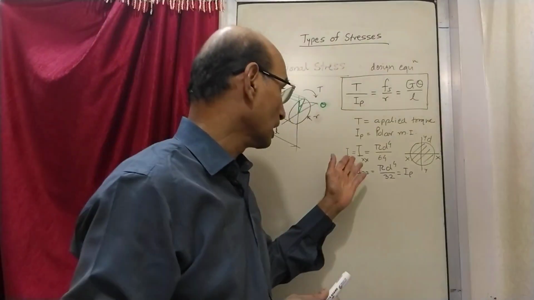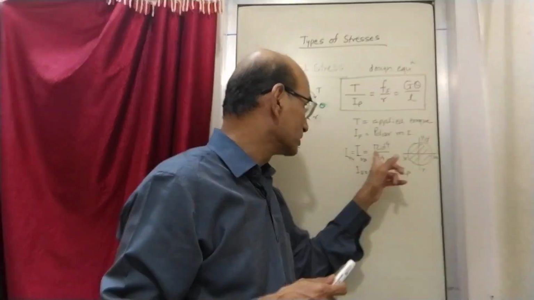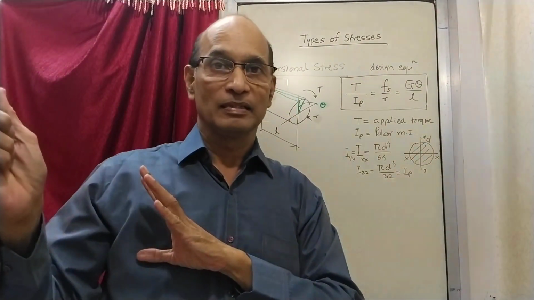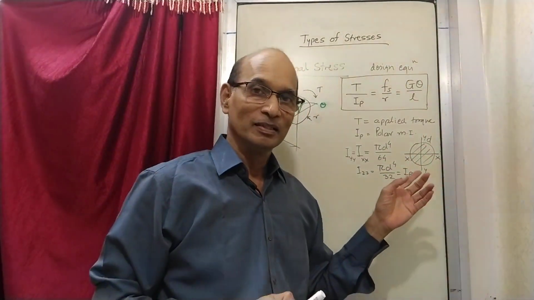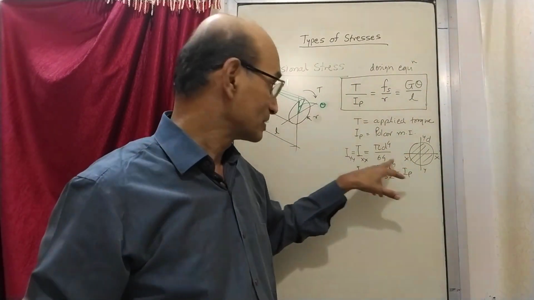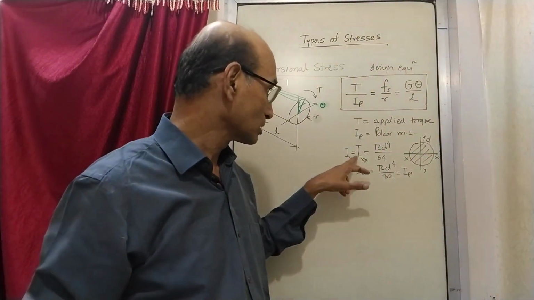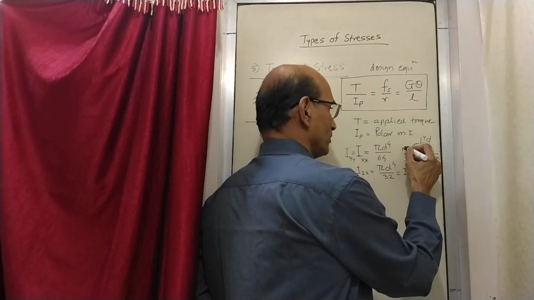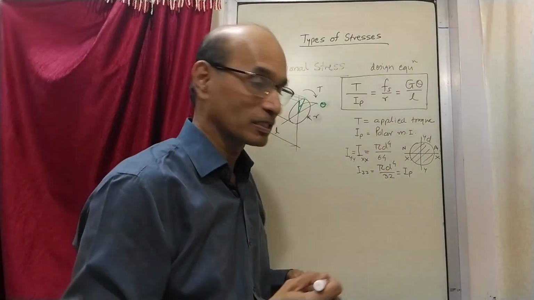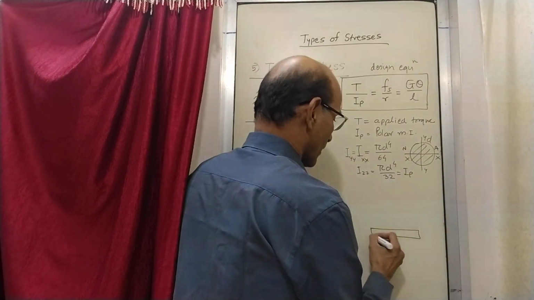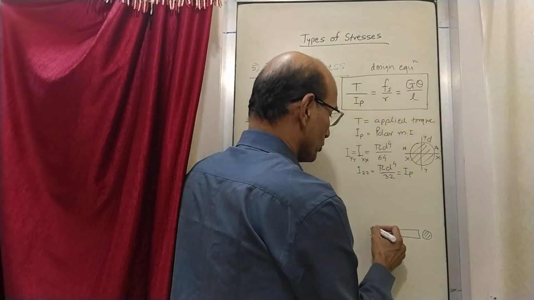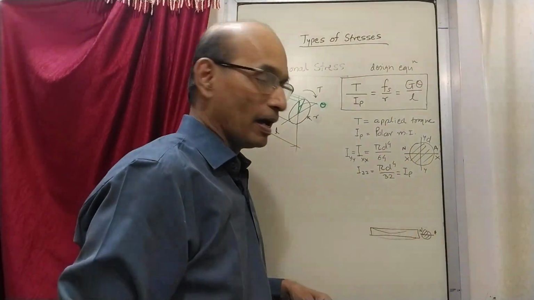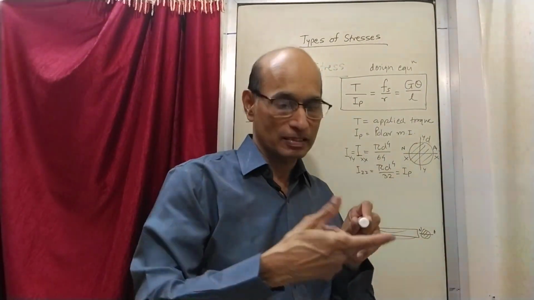Now what is the meaning of all this? Ixx is this, means what? Iyy is this, means what? Izz is this, means what? Of course you have to go back and read and revise. I need not explain, but still let me tell you what it is. In the earlier example, when it was like this, that time it was about xx, and what was xx? Xx was the neutral axis. If you remember last time, xx was the position of the neutral axis, because that time the beam was like this, which had a cross section like this, and which was bent like this, and that time this was the neutral axis. And about the neutral axis, what happens?